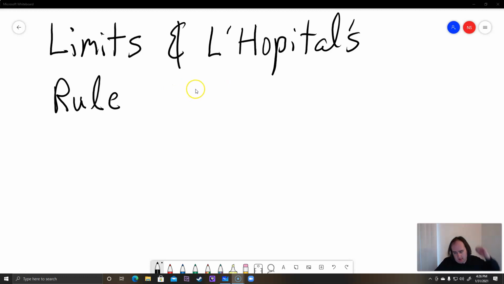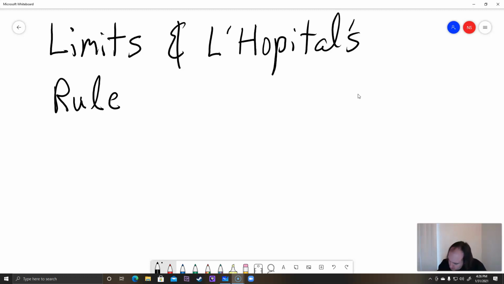But anyway, it's a very useful rule, which basically just says that if you have a limit and you plug in the value that they give you for the limit, and you get an indeterminate form, you can just take the derivative of the numerator and denominator until you don't get an indeterminate form. Okay, so L'Hôpital's rule says